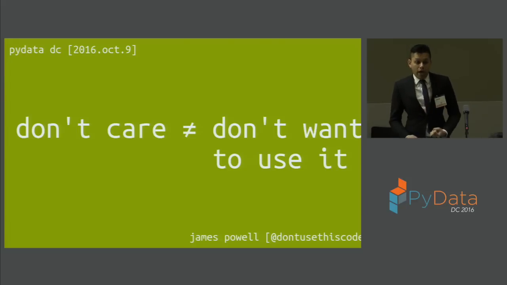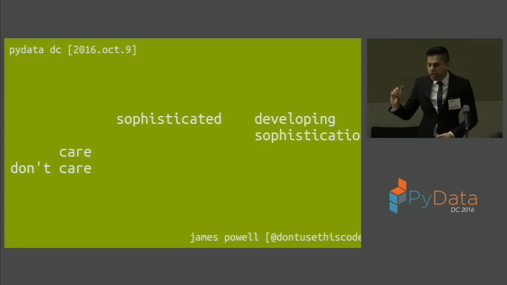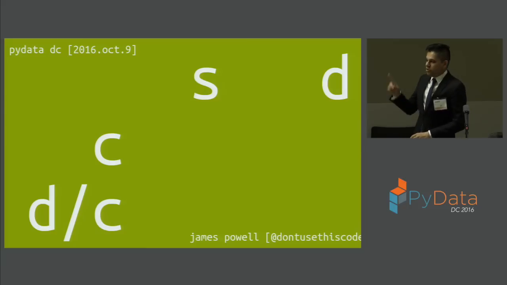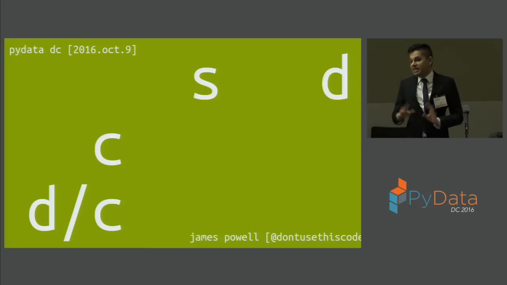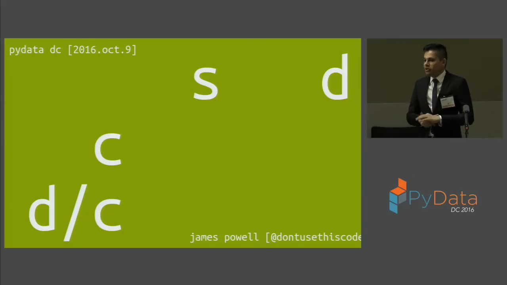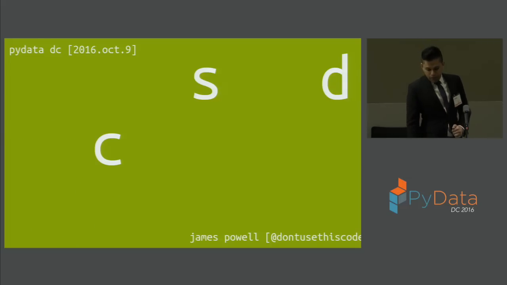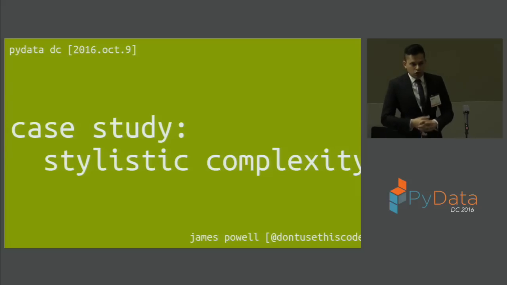You don't want to go out of your way to bend yourself to that tool in order to make use of it. So I'll change my graph a little bit, and we'll talk about sophisticated versus users who are developing sophistication. Or to keep it small, we'll just have it like that. So you can think of the D as whatever you want, but if we want to be polite to our friends, it's those who are developing sophistication, users who are not expected to be expert programmers, expert data scientists, expert at the field we're looking at. And I'll show you a couple of quick case studies just to show how I've used this